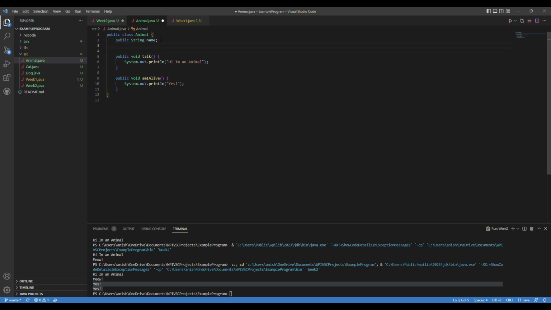Now, how do we set this? How do we change the name? We have to use something that's called a constructor. As the name suggests, it constructs the object that this class is kind of the template for. So, if we do